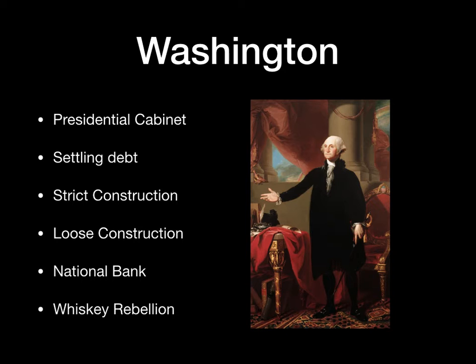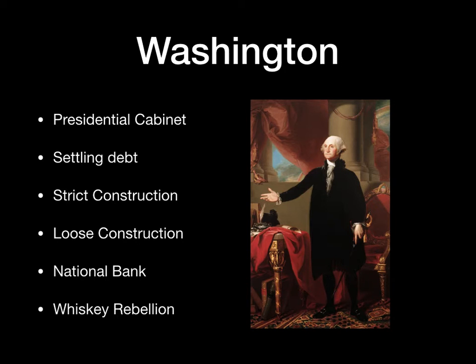The northern states were extremely happy because now they didn't have to worry about them as the federal government's problem. But he is successful in raising the money to pay off these debts. And one of the ways he is able to raise money is with a tax on whiskey. And you have what's called the Whiskey Rebellion. Western farmers rise up. They storm and shut down the debtor courts, people that were trying to take their farms for not paying their taxes.